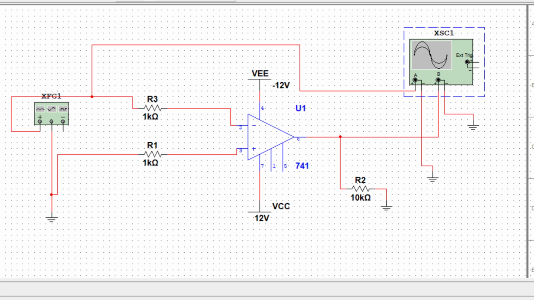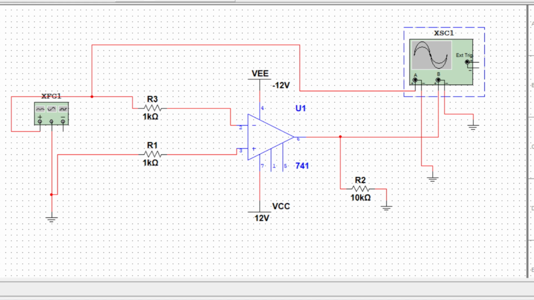Components. First, the op-amp. The main component here is a 741 op-amp configured to operate in comparator mode. In this mode, it compares the voltages at its inverting and non-inverting inputs. Second, resistors form a voltage divider that sets a reference voltage at the inverting input of the operational amplifier. This reference voltage acts as a threshold for comparison. With these resistor values, the reference voltage is a fraction of the supply voltage, somewhere between 0 and the supply level.